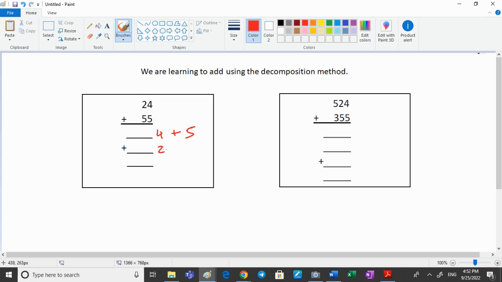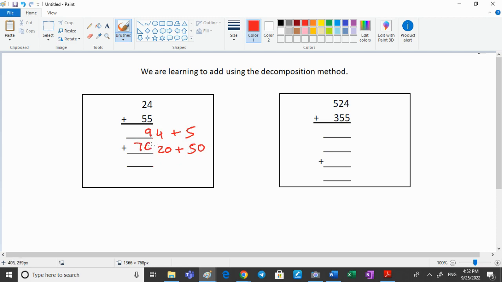Some mistakes you might see is people just putting 2 and 5, but it's not 2 and 5. It's in the tens, so it's 2 tens, which is 20, and 5 tens, which is 50. And we have no hundreds, we have nothing else. We've broken it up as much as we can so far, and now we add the ones. 4 plus 5 is 9, and 20 plus 50, well, if you think 2 tens plus 5 tens is 7